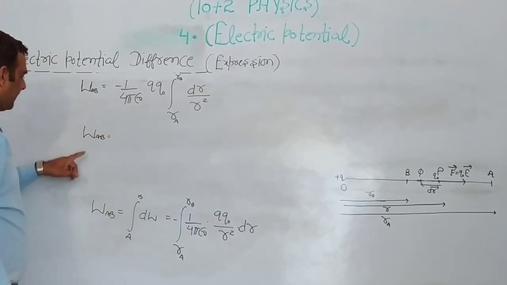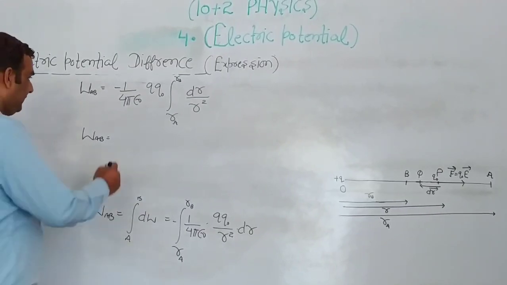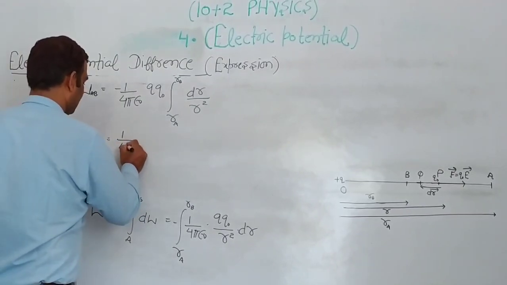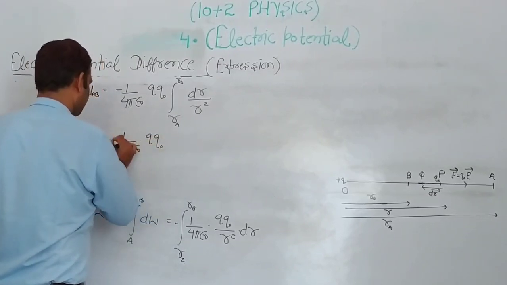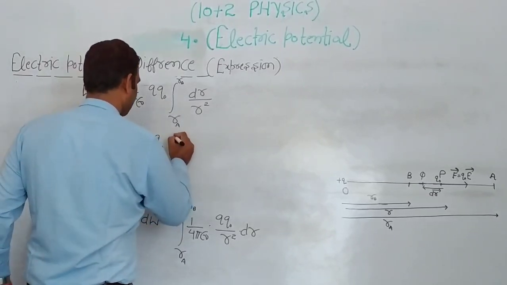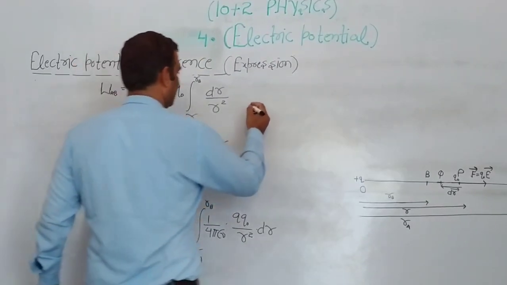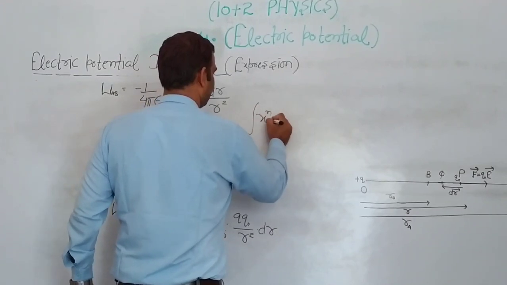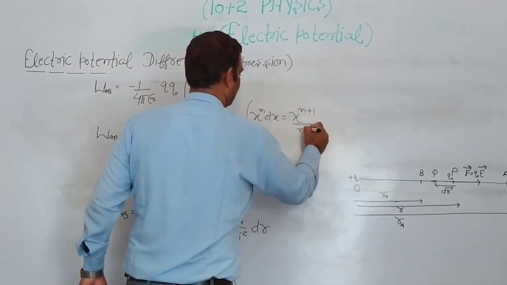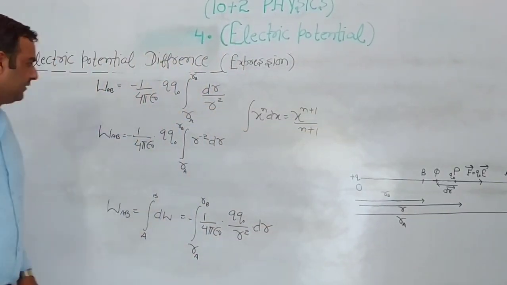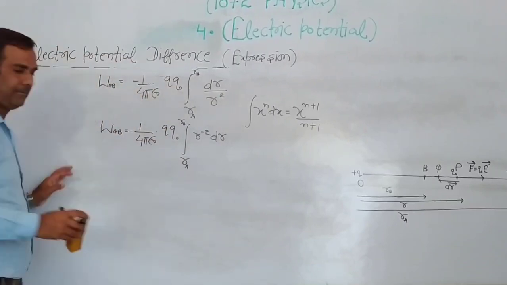This is the work done in moving the test charge from point A to point B: 1 upon 4 pi epsilon naught Q naught, with a minus sign here. It can be written as integral of dr. This is the formula: the integral of x to the power n dx is equal to x to the power n plus 1 upon n plus 1. So simplifying, we get